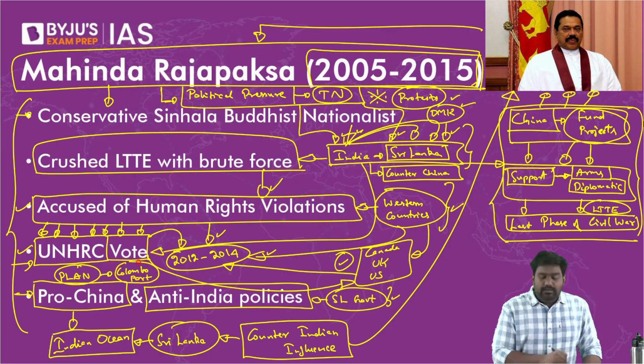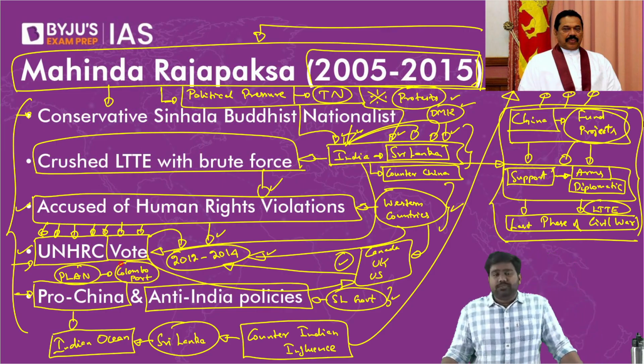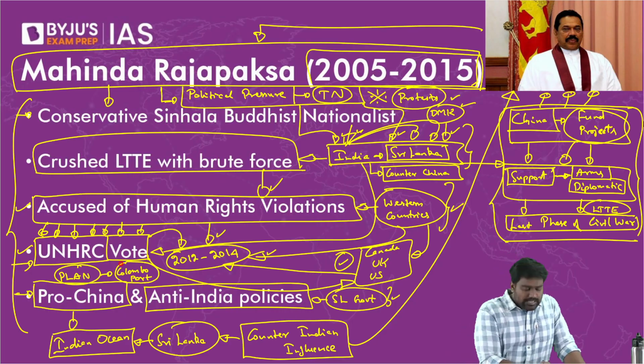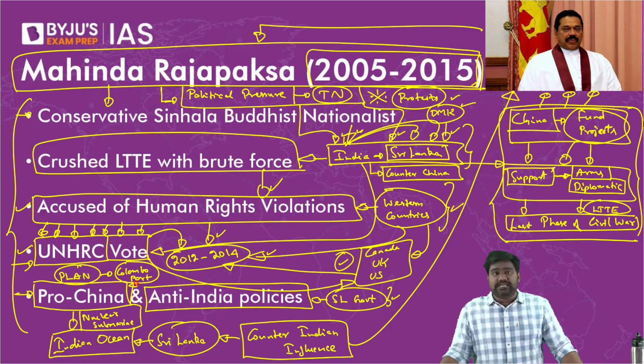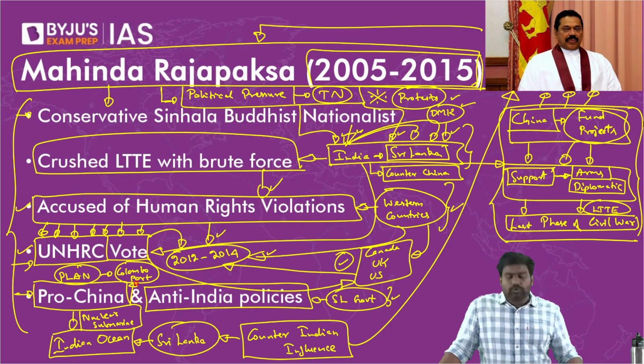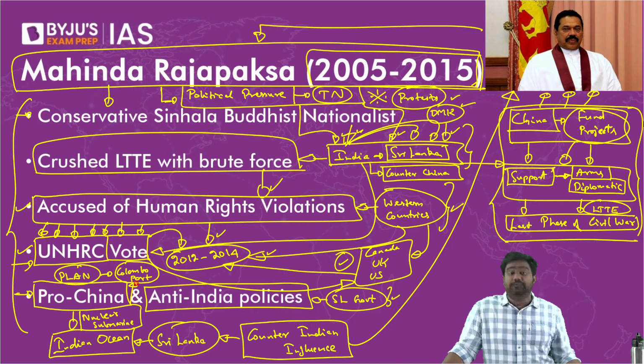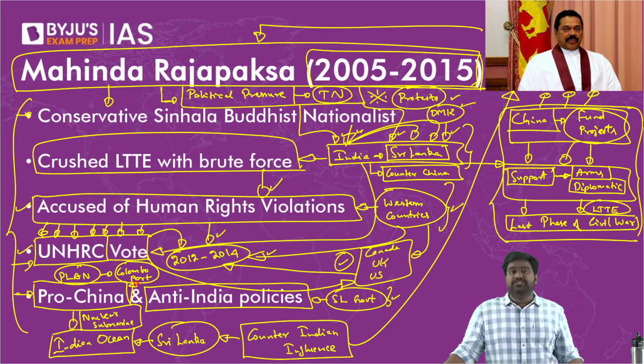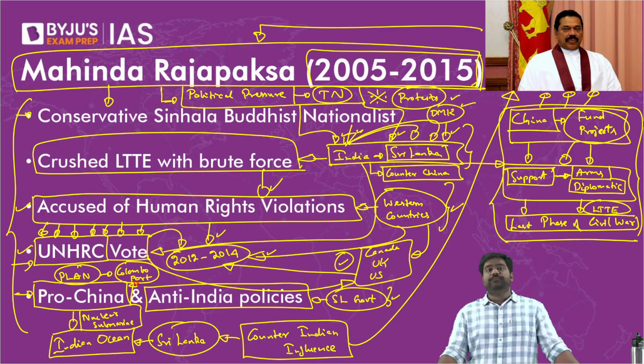In fact, along with Chinese naval ships, even a nuclear submarine was docked at Colombo. Rajapaksa allowed China to bring a nuclear powered submarine, which would even carry nuclear missiles on board. And it was allowed to dock at Colombo port, which became a threat for India. India saw this as a direct threat due to rising Chinese presence and military influence.